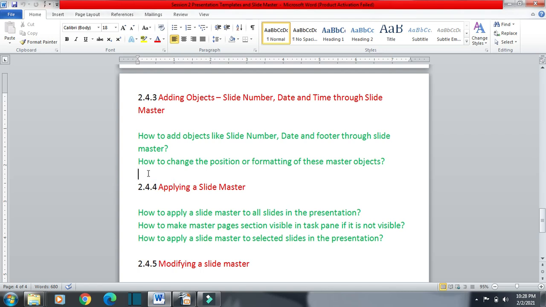Okay, now the question is how to change the position or formatting of these master objects. If you want to change the position of these master objects, or if you want to format these master objects like slide number, date or footer, so how can we do this?